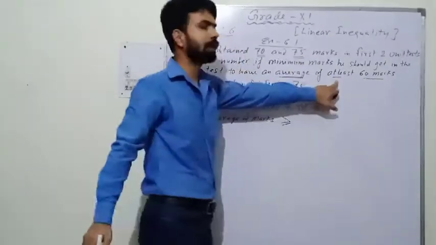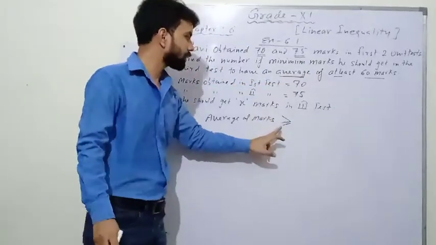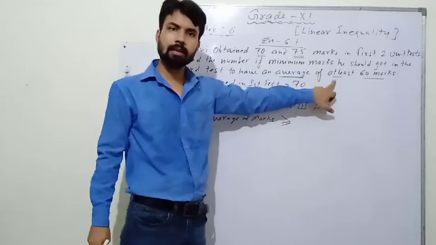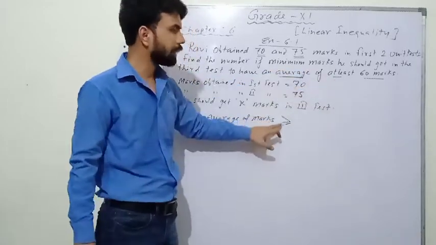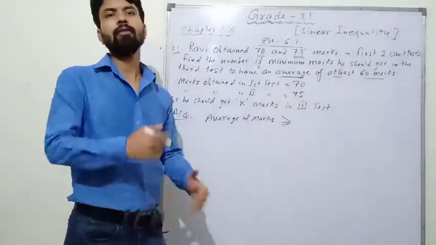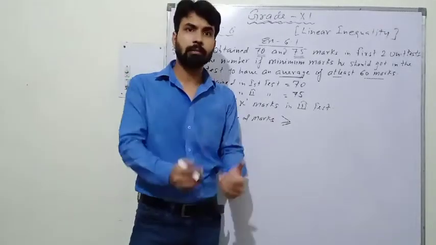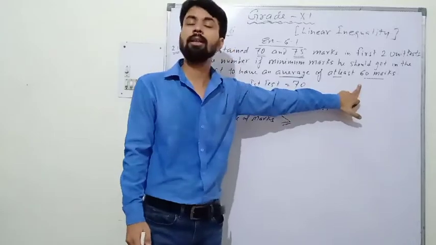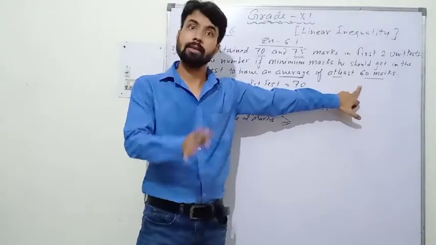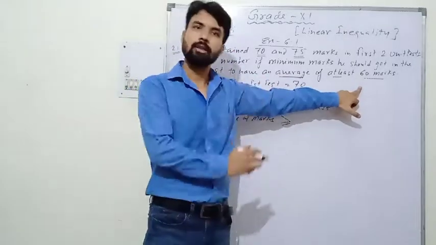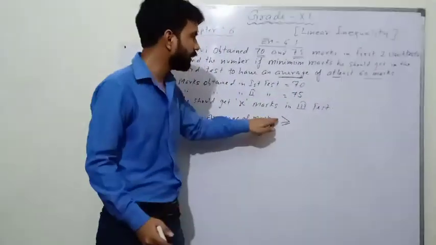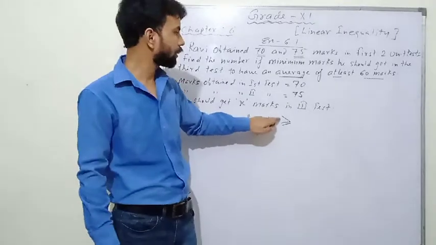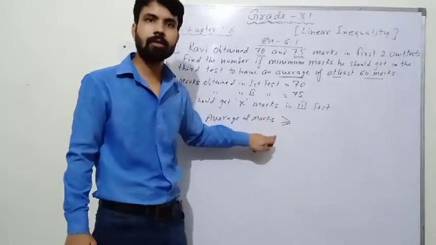So wherever "at least" is there, you have to put the sign of greater than equals to. Are you getting this? If "at least" is given, then we will use greater than equals to, because the meaning of "at least" in Hindi is कम से कम, यानी उससे कम नहीं होने चाहिए, 60 से कम नहीं होने चाहिए. तो क्या मतलब हुआ इसका कि 60 से कम ना हो, यानी 60 हो या फिर 60 से ज्यादा हो. So average marks either greater than 60 or equals to 60. Then we will have to put the sign of greater than equals to.